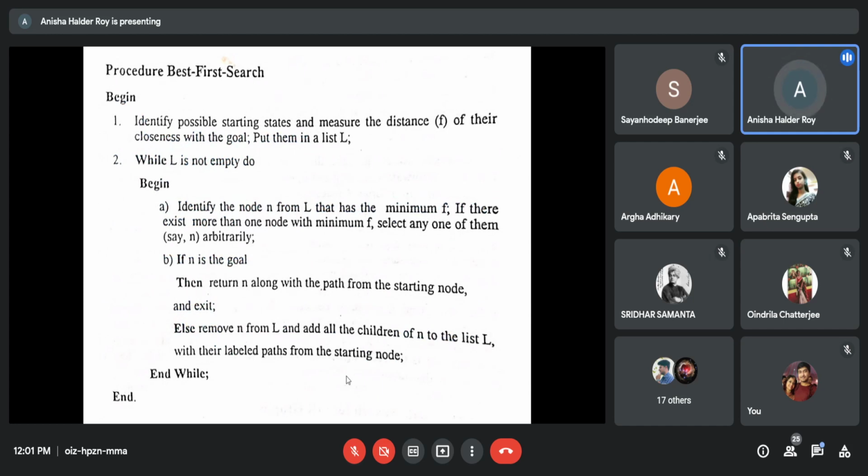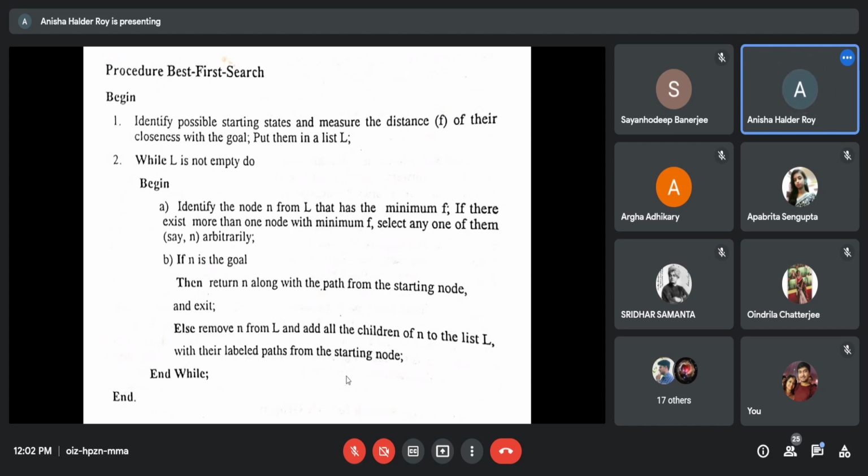Identify possible starting states and measure the distance of their closeness with the goal. Put them in the list L, that means priority queue. While L is not empty, do: identify the node N from L, that is, from the current list, the priority queue we created. And the node is the starting node we start from, this is the current node.